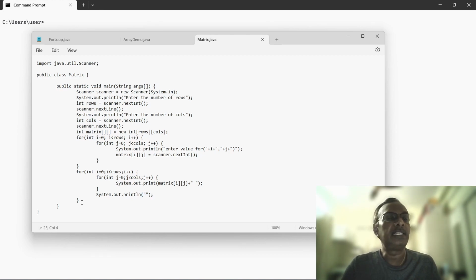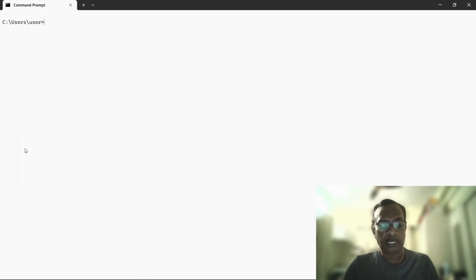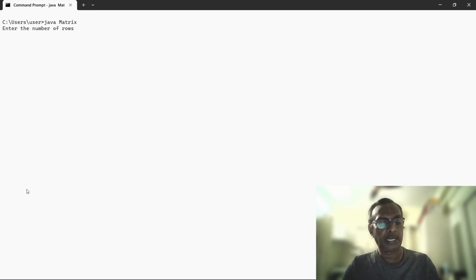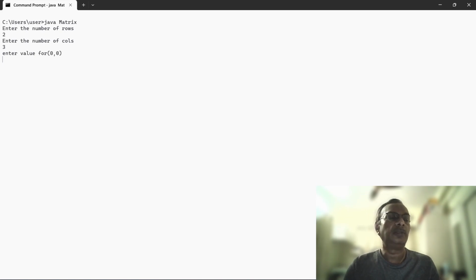Okay, let's see if I am able to run this program and what happens. It's asking for the number of rows, so I give the number of rows as 2. Now it's asking for the number of columns, I give as 3. So it is a 2 cross 3 matrix. I'm going to enter the value for 0, 0 index. So I say 1,